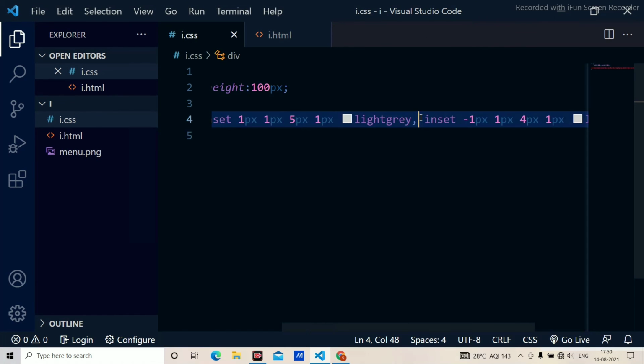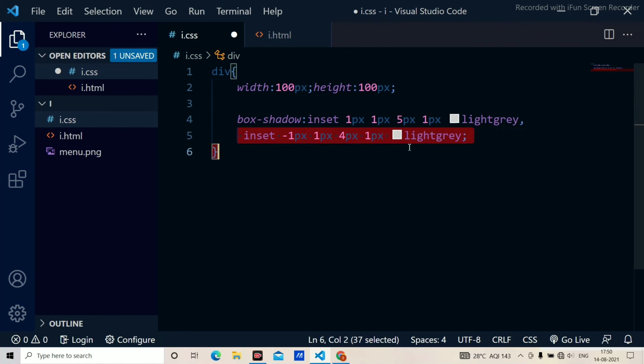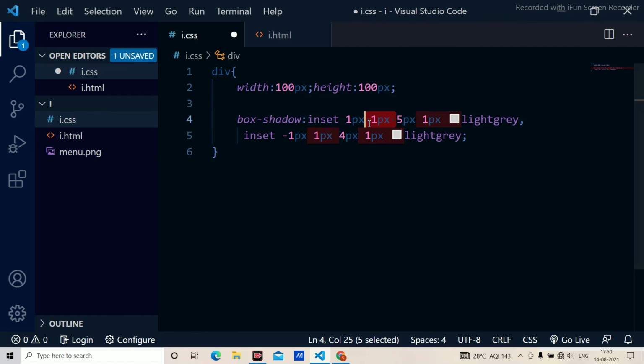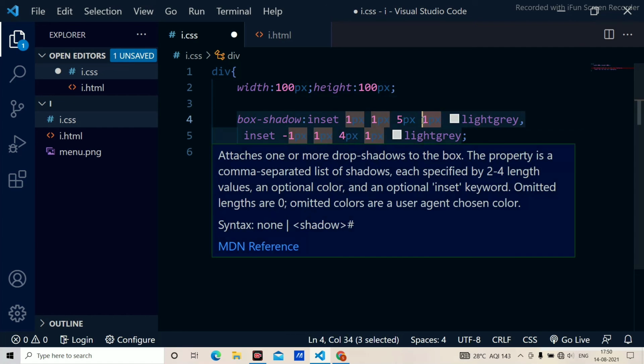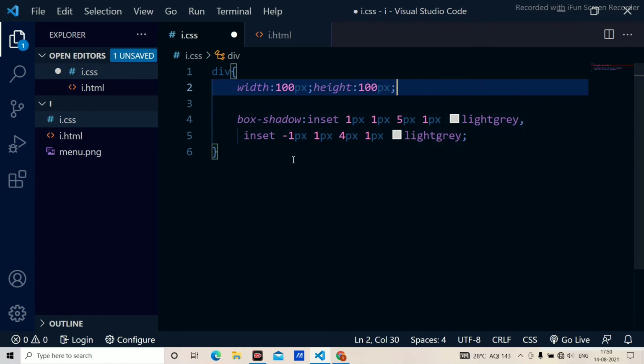Here is how I created the two values. I have used a box shadow. It is the first value and this is the second value. Both are inset, meaning the shadow is appearing inside. For the first one, I have created 1 pixel, 1 pixel, 5 pixel, 1 pixel, where 1 pixel represents the inside right side, 1 pixel represents the bottom, 5 pixel represents the spreading, and 1 pixel represents the darkness. You might include it or not; it will just take 1 pixel as a default. At last we have two values, inset, and this is how we create the multiple shadow. Multiple shadows are created to give a darker shadow. And this is all